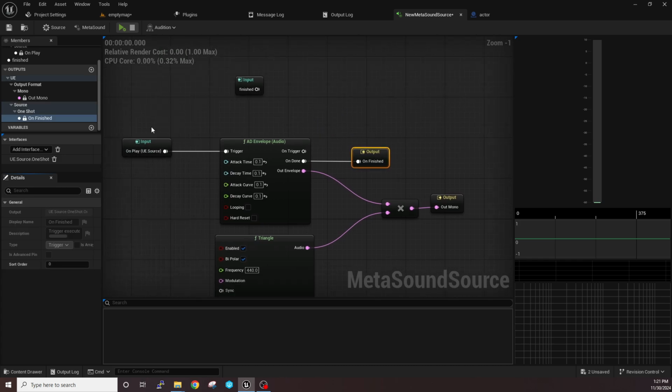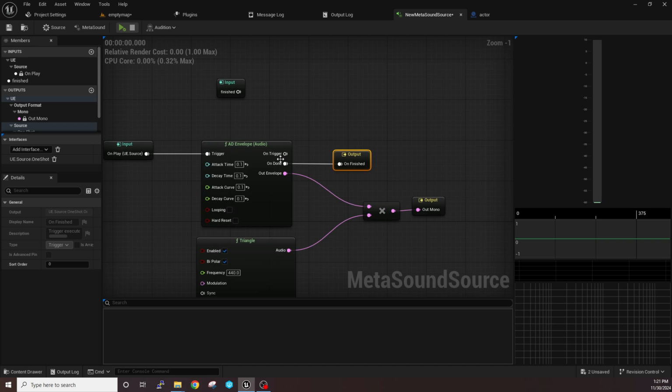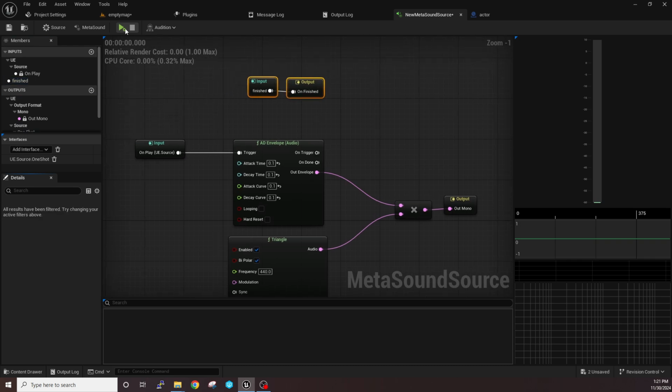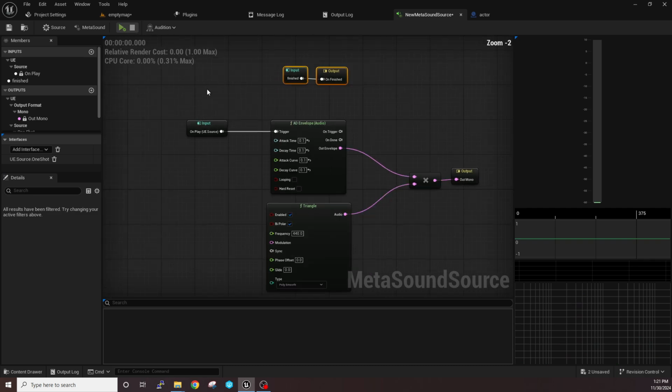sound is finished. In a previous tutorial, we covered that you can create your own inputs and outputs. We created an input here. I'm going to take our custom created input and connect it to the onFinished. That way it'll run forever without the compiler being upset. You can see now the sound doesn't stop unless I tell it to stop. Because today we're going to talk about